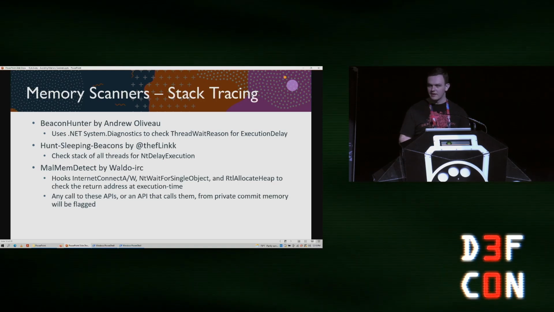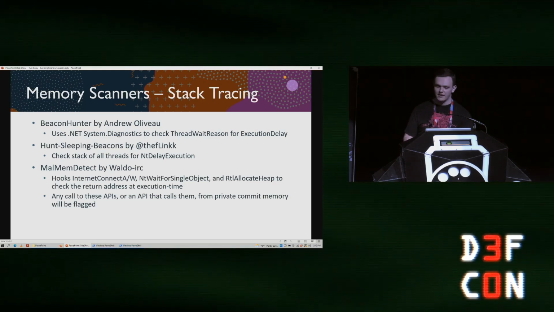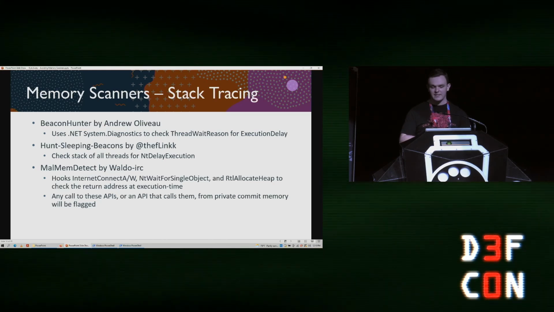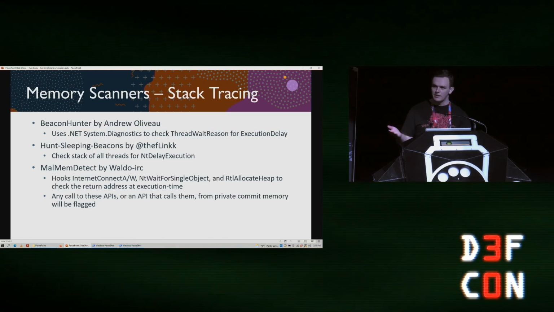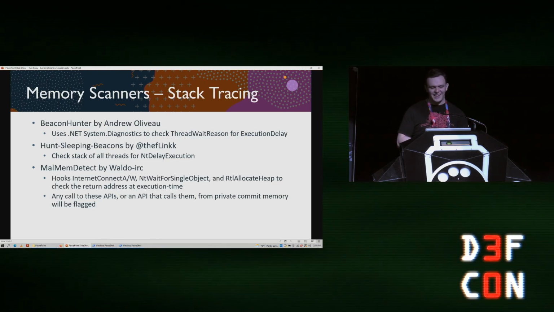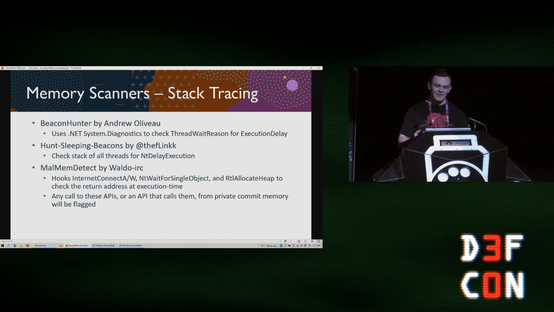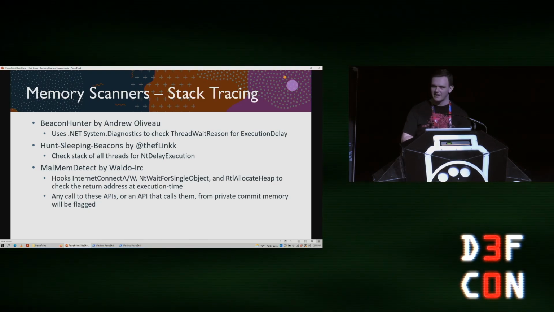The last one here, MalMemDetect, is from Waldo IRC, and this is a really interesting one where basically he has a DLL that you will load into a process, hopefully before it's infected with malware, and it will hook certain functions. So Internet Connect A and Connect W, NT Wait for Single Object, and RTL Allocate Heap.